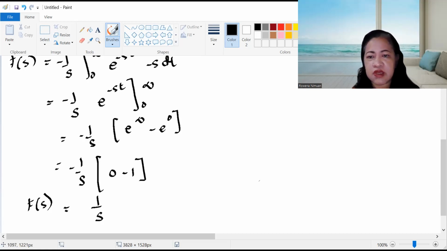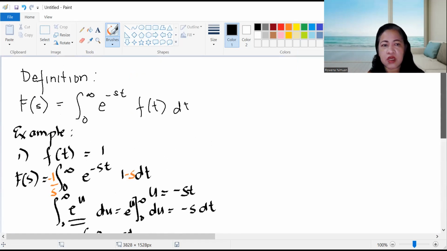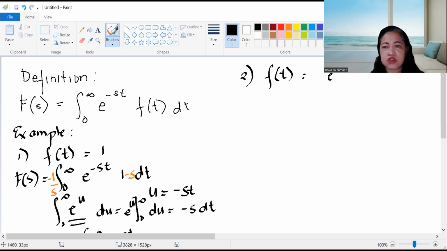Next, let us solve another example. Number 2: what if our function of t in the t domain is e to the at? Then your function of s will become, again by definition,